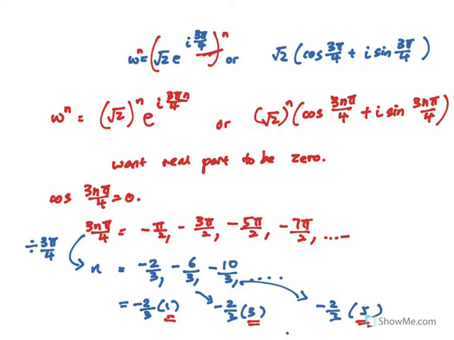So we can say that n in general can be equal to negative 2 over 3, right? And then for the first term, it could be something like 2k minus 1. Like 2k is an even number, 2k minus 1 is an odd number, okay, where k is